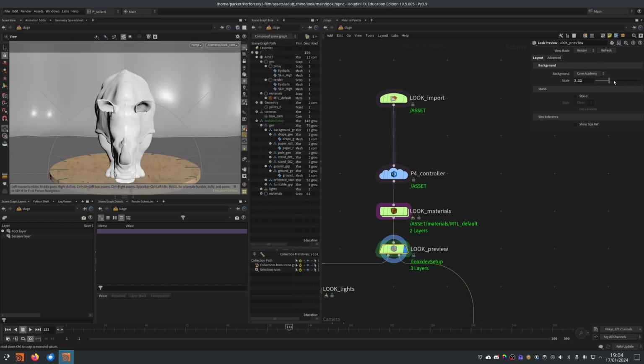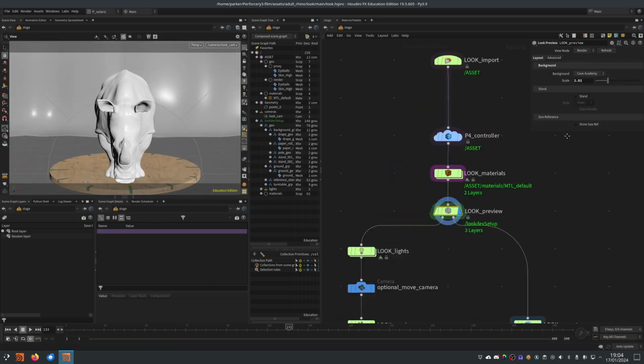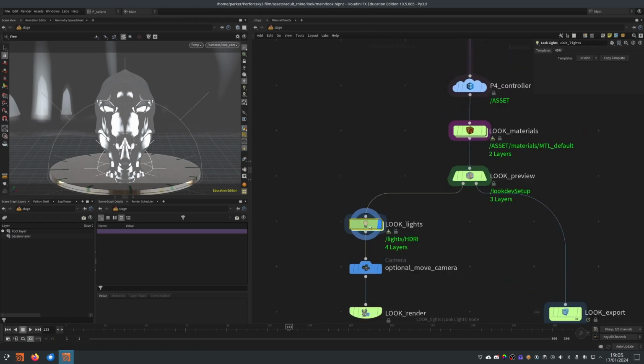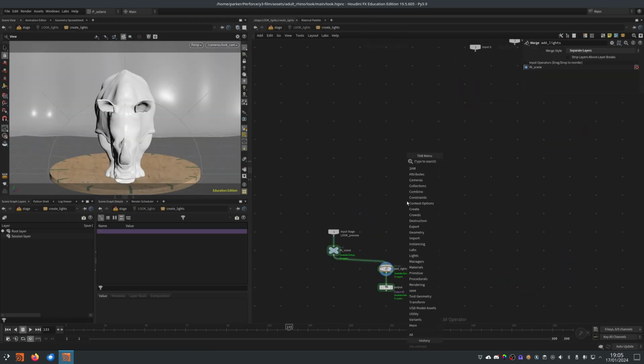This node sets up the camera, and you can mess with the scale and change the camera separately. Because this is designed to be artist-facing, I didn't want to have a large section of lights that might overwhelm artists. So I created this look lights. You can go inside, set up the lights you want,